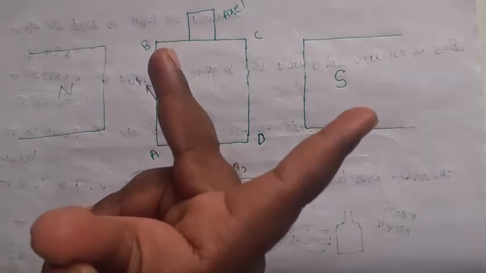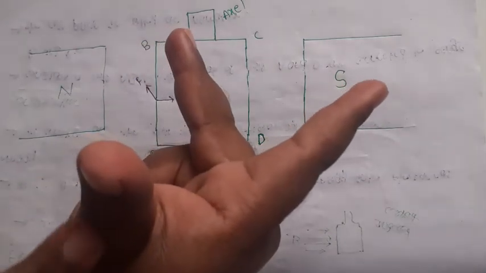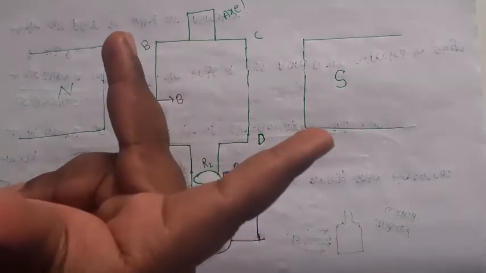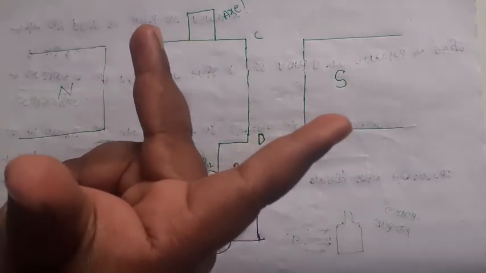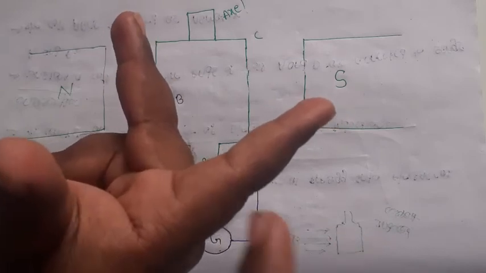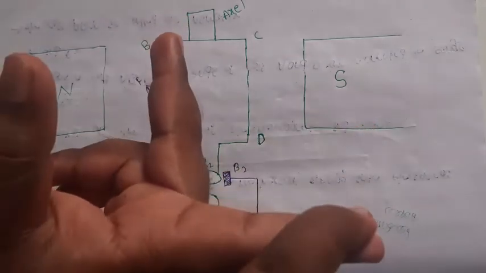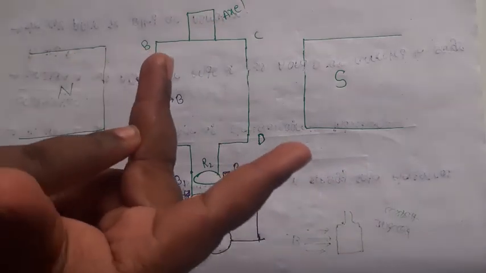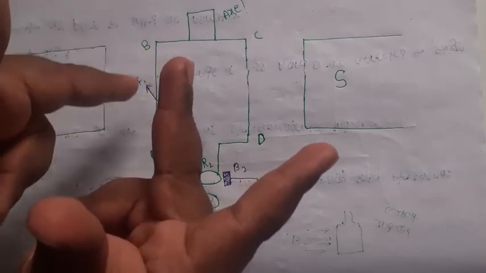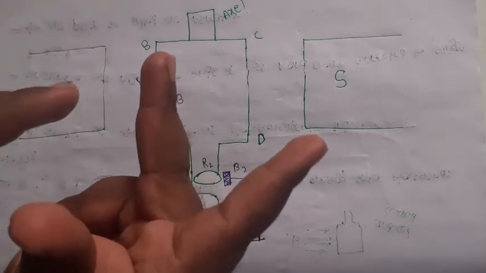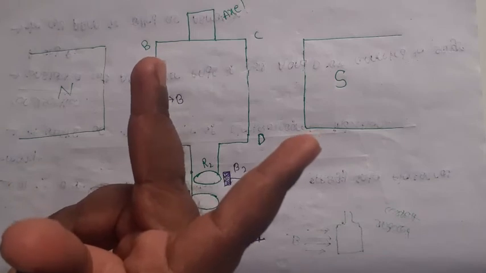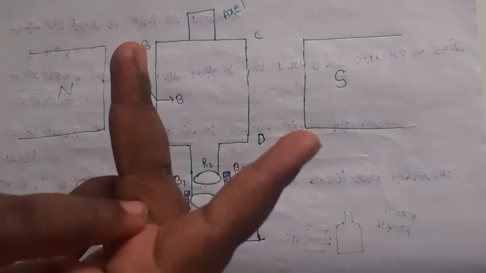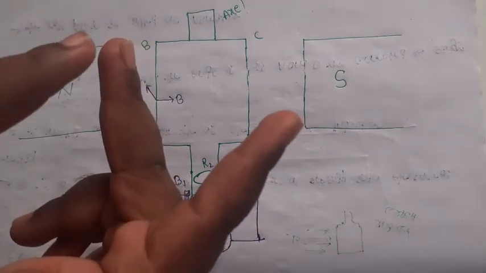This is the motion of the conductor. So the motion of the conductor, arm AB, is in the upward direction, and the magnetic field is from left to right. So this is the magnetic field direction. And what about this middle finger? It shows the induced current. So AB side is moving upward, and the induced current flows from A to B in arm AB.